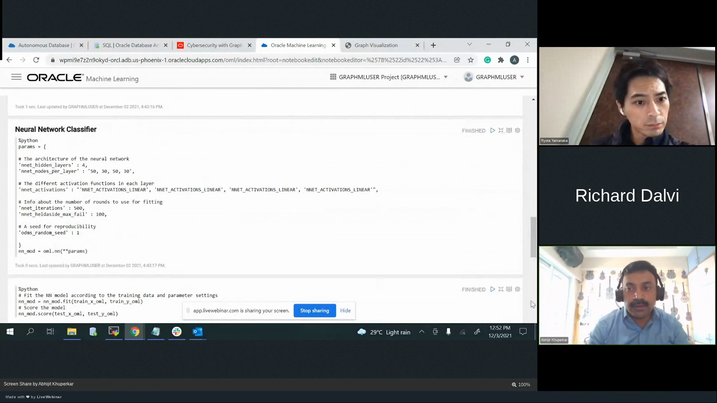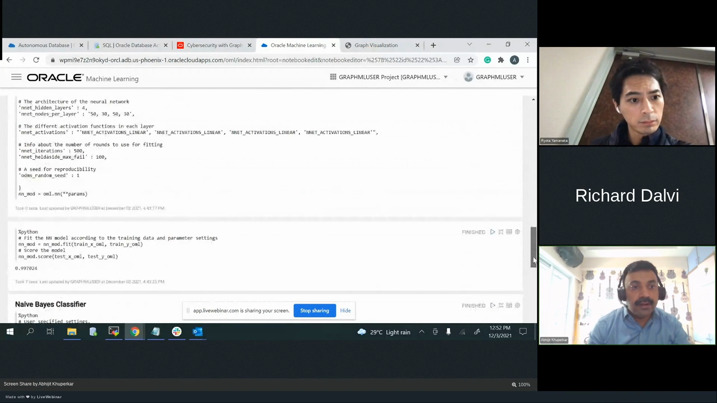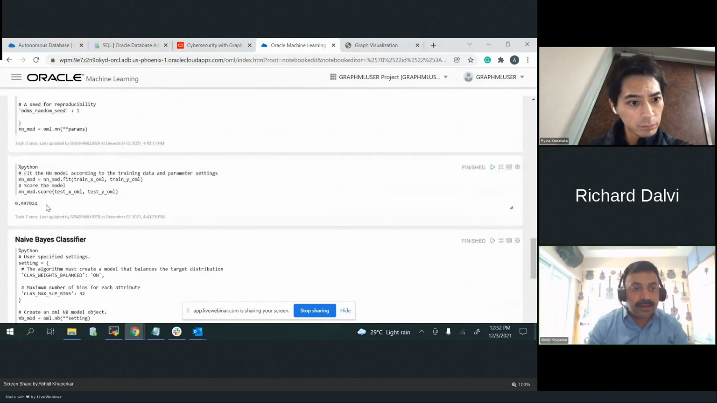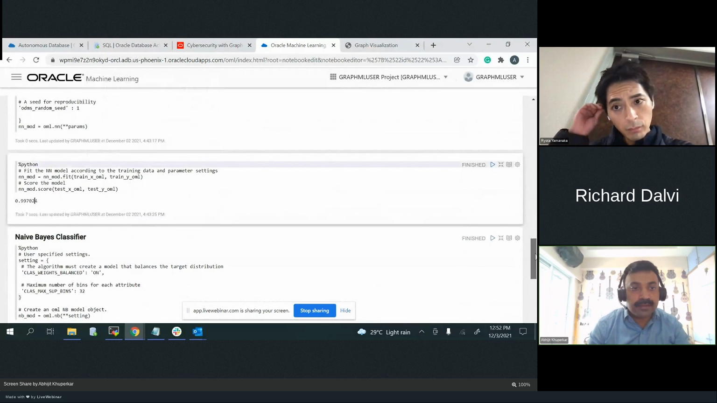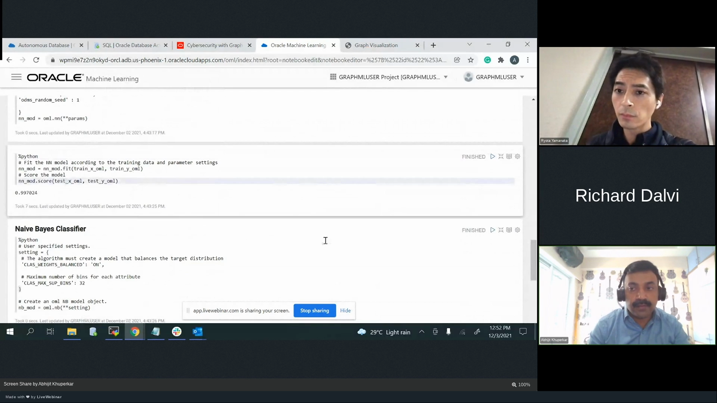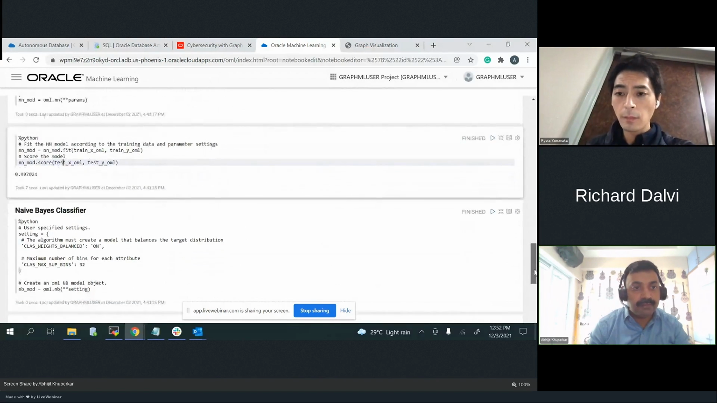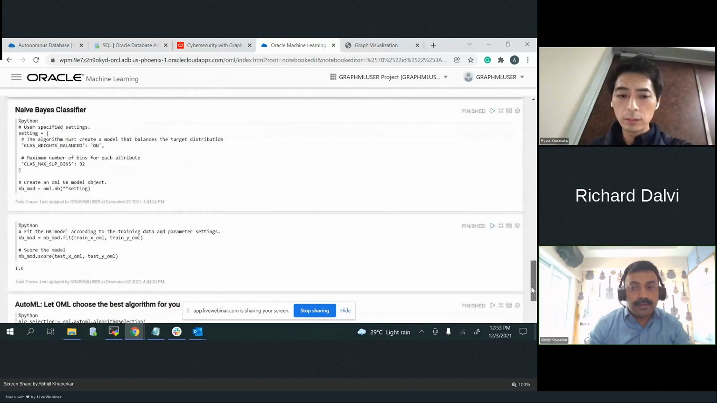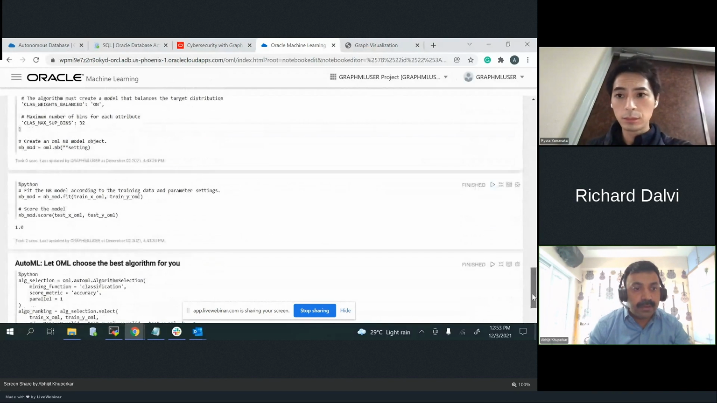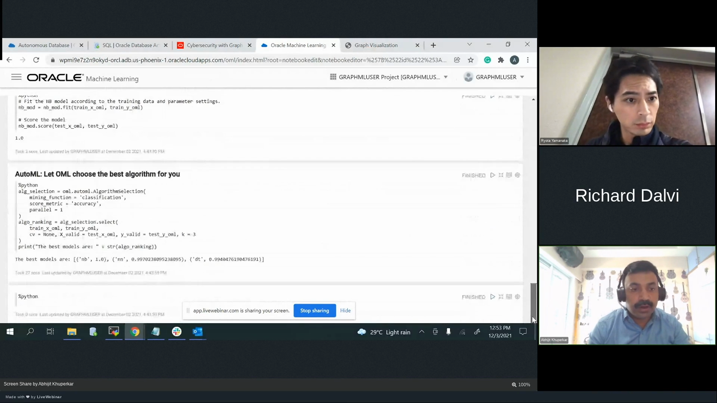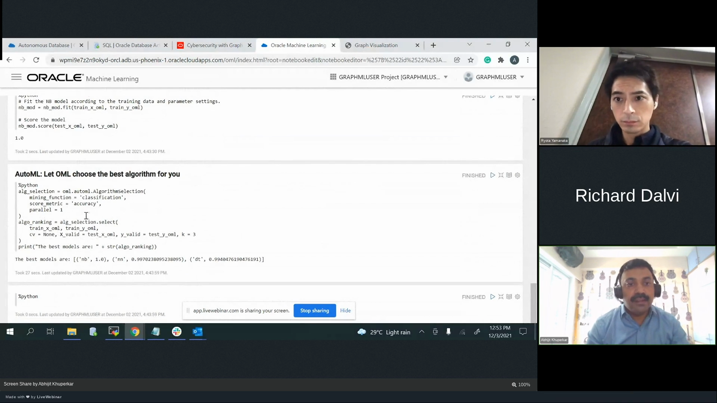Starting with neural network, we train that and different classifiers. We then evaluate accuracy on the test data for the classifiers that we have trained. So neural network, Naive Bayes, AutoML, which Rita talked about. Based on that, we get a leaderboard of different algorithms, different classifiers. Yeah, so this is how we